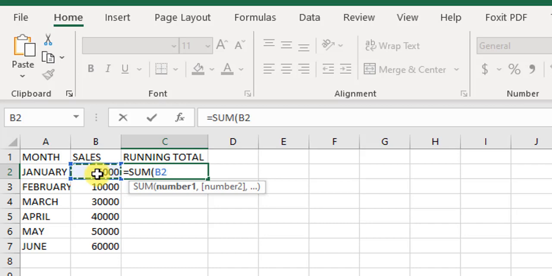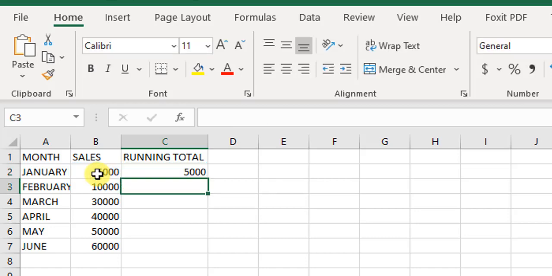And then we want to extend the range. We extend the range by pressing the colon and B2. Now what we need to do over here is close this and hit enter.